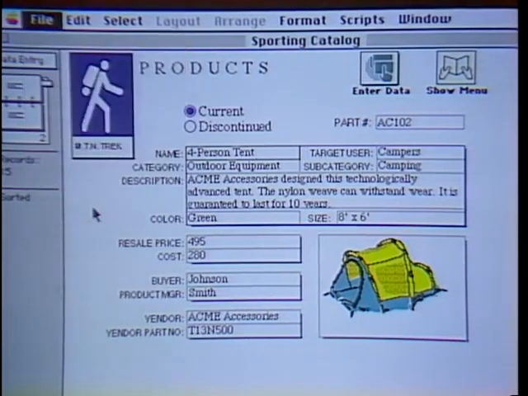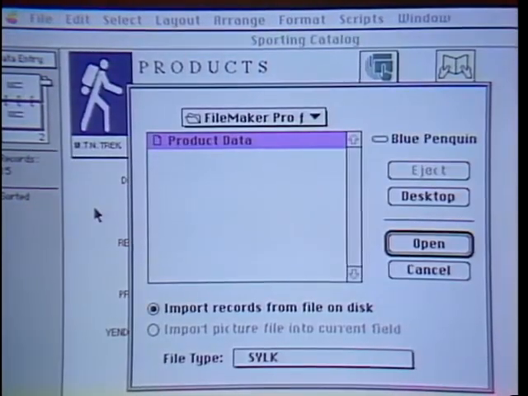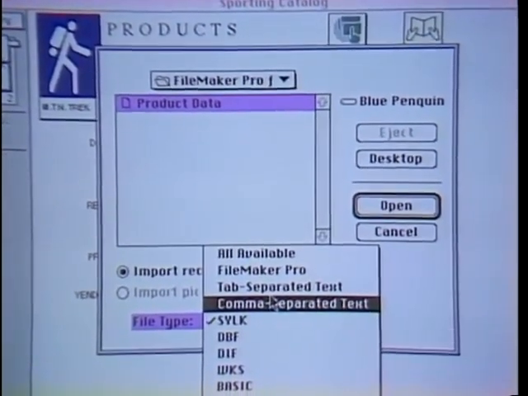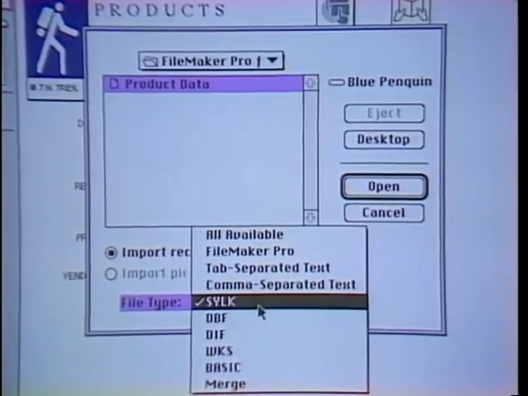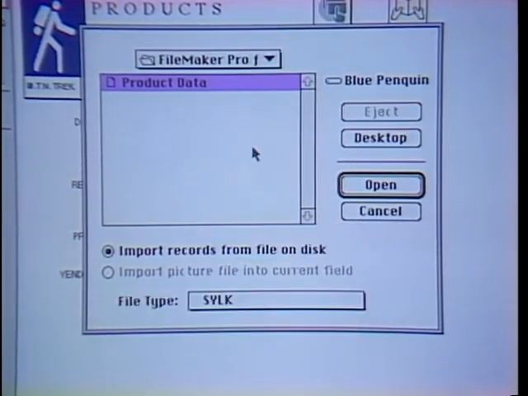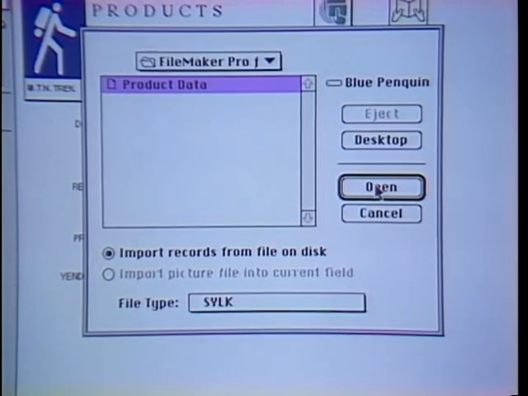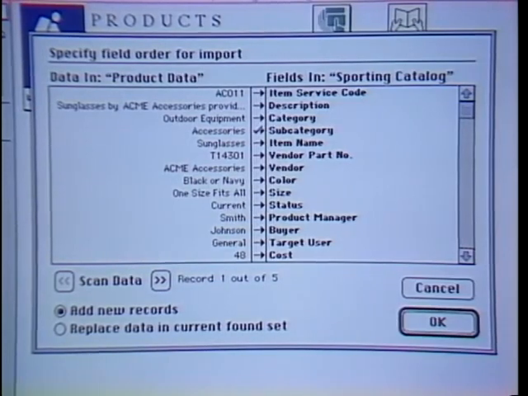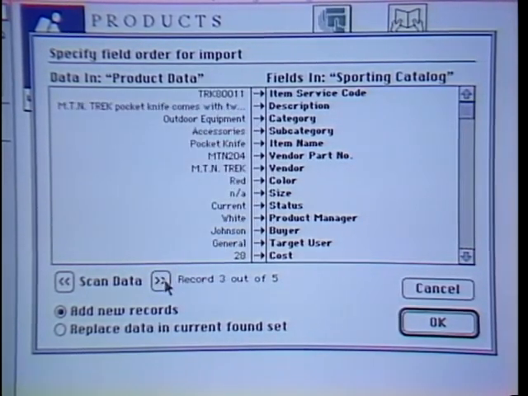Now, FileMaker can import and export data in a very wide variety of formats, and I can select what format I'd like to import or export from this pop-up menu. Things like dBase, Lotus files, integrating other FileMaker files together, et cetera. So I have a product data file here that came from a spreadsheet such as Excel or Claris Resolve. And before I actually import the data, what FileMaker displays for me is this dialog box, and this allows me to sample the data that I'm about to import